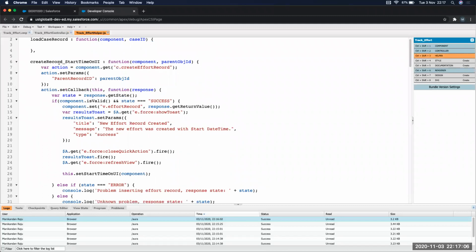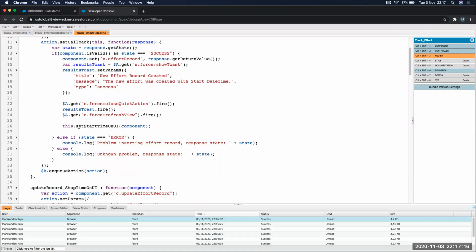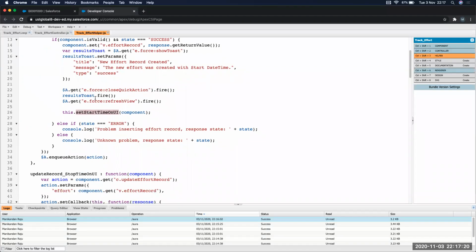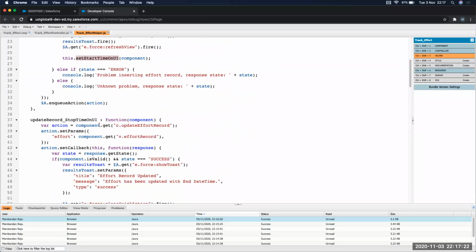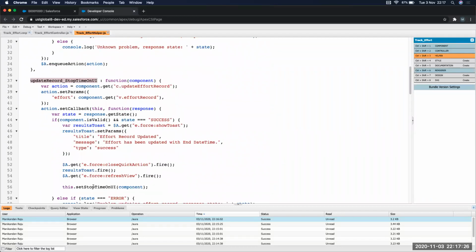Whenever I click on start, it executes the server-side function, createEffortRecord, and then I'll start the timer as well. On successful creation of the record, I'll be starting the timer. Whenever I click on stop, it'll update the end date time, and then I'll be stopping the timer as well.